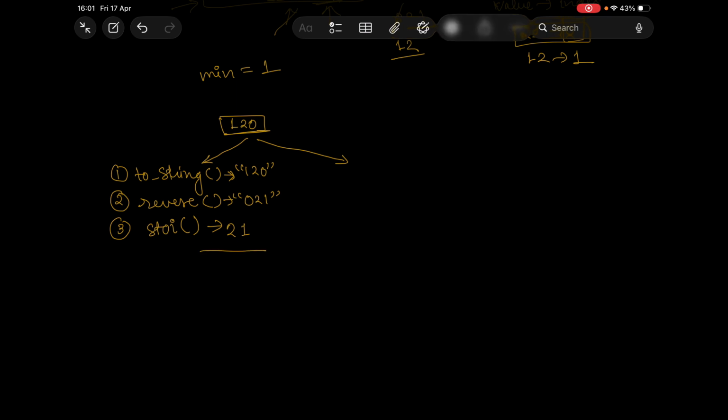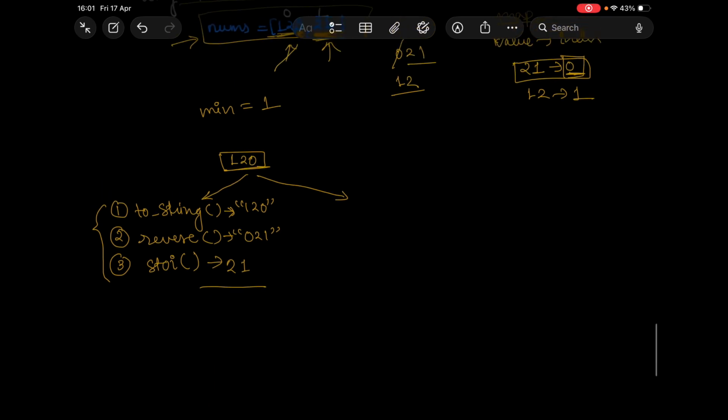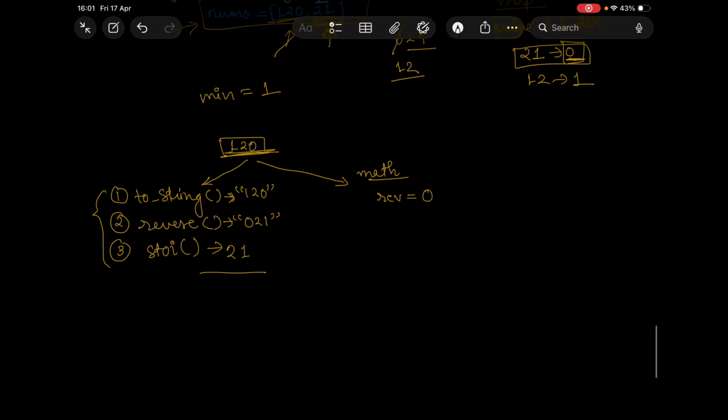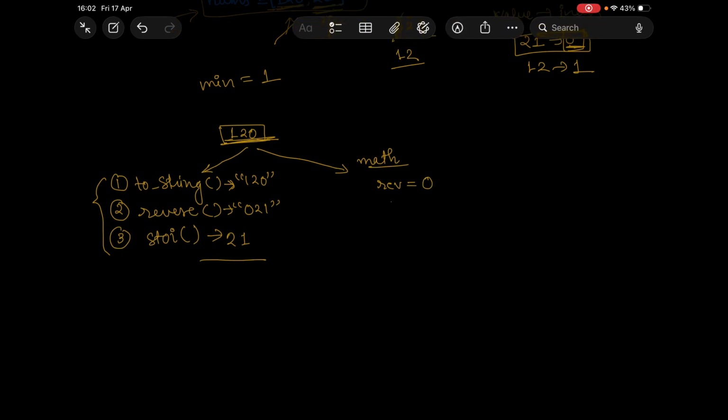But if you see, for doing all this operation, we might need an additional string to store the value, and that will be additional space. Rather, we can do the math here. So we have to compute this value 120 reverse, so we can have this reverse variable which will store the reverse of this value. Now while our value, let's say this value is greater than 0, what we will do is,